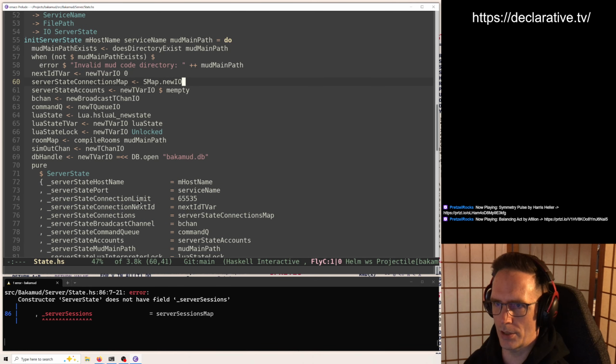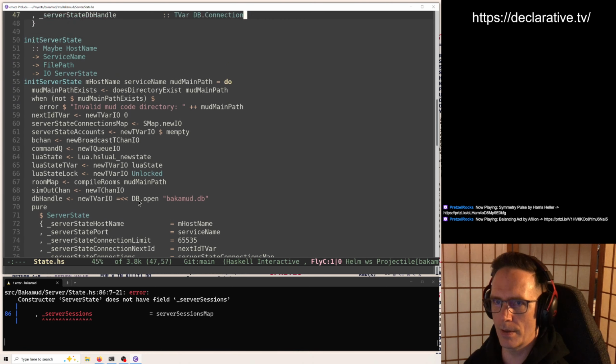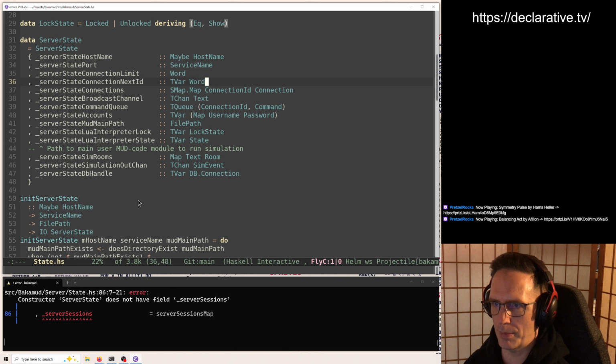The server state's connection map is an SMap, a map of connection ID to connection. It's primarily on the network level, right? When we get some input on that connection, we have a connection ID.